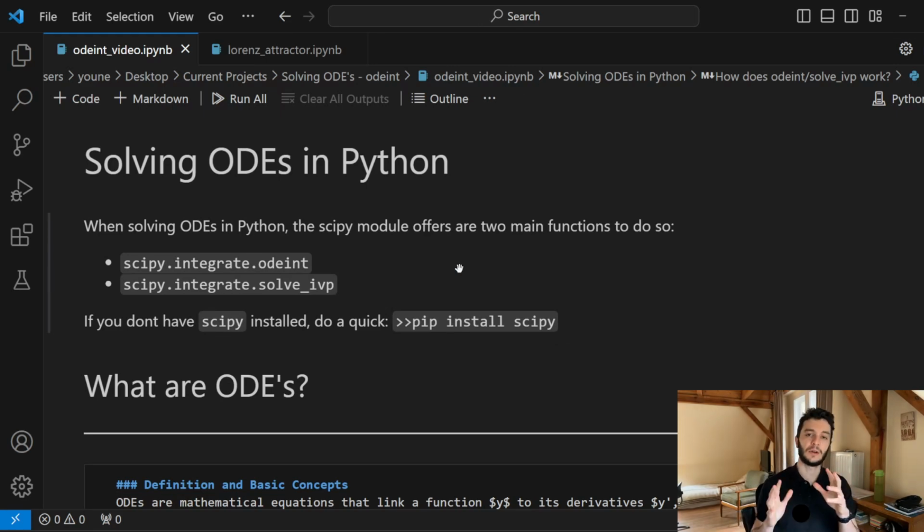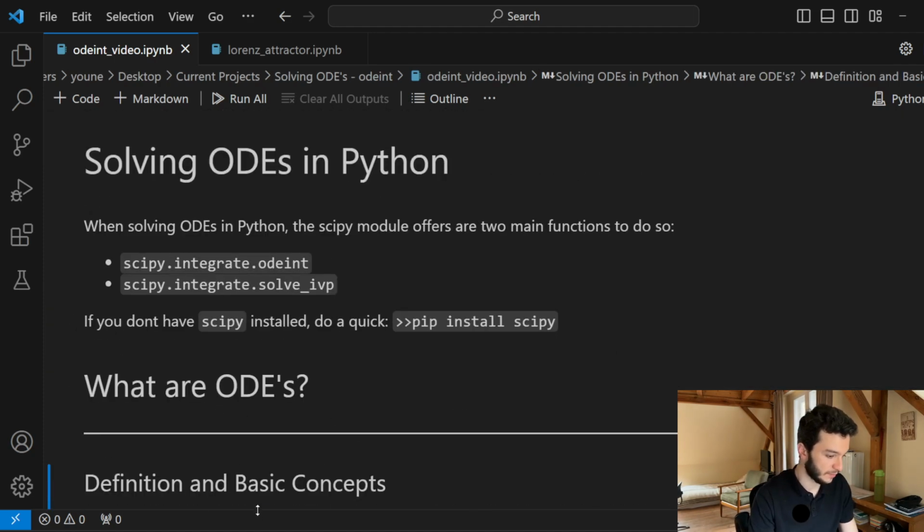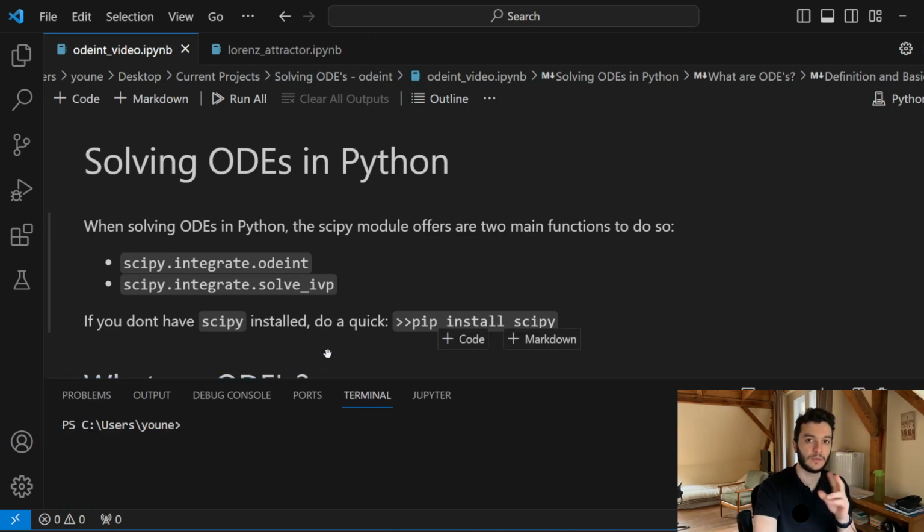Hey everyone, in this video we will see how to solve ODEs in Python. Now ODE stands for Ordinary Differential Equations, and basically, to make it short, it is an equation that links a derivative with its function, for example. I prepared some examples, but before we see the examples, we are going to speak about the two functions you can